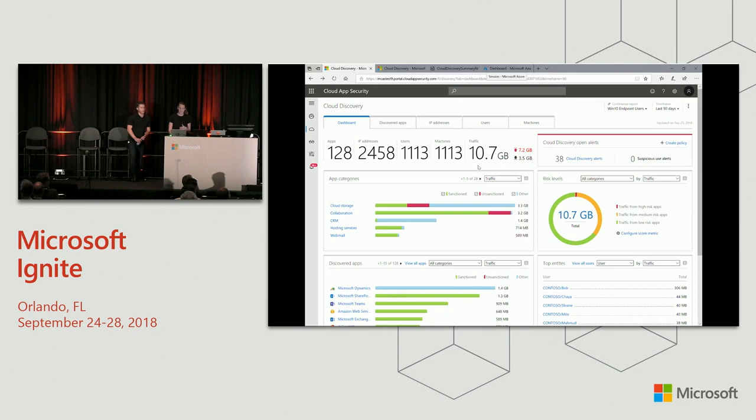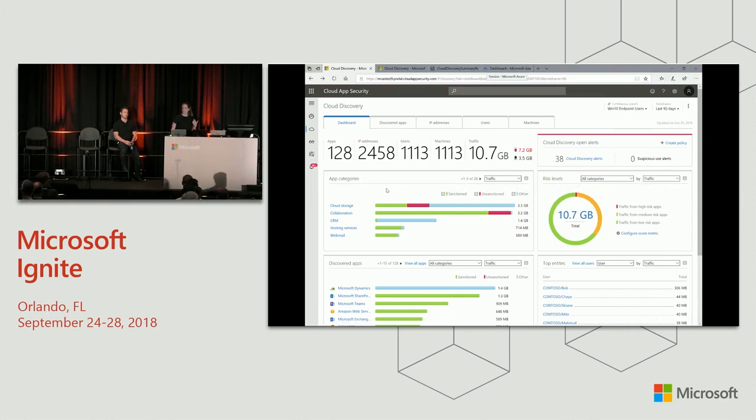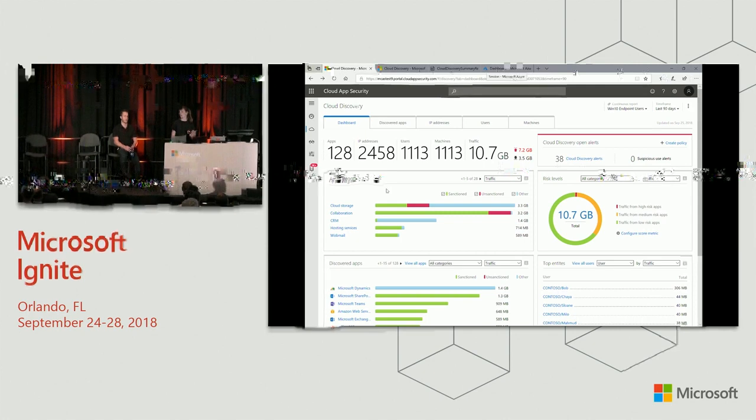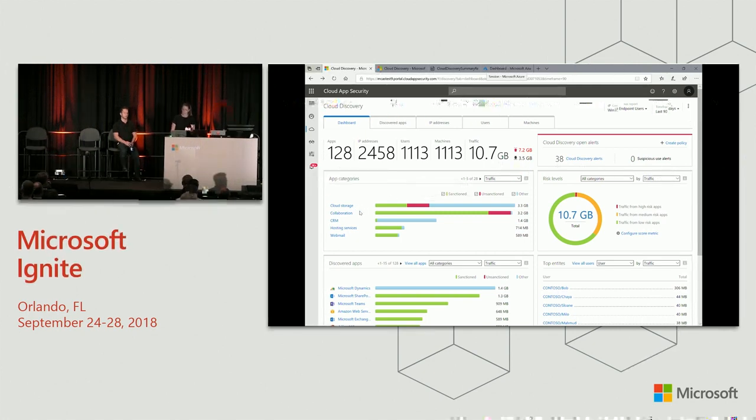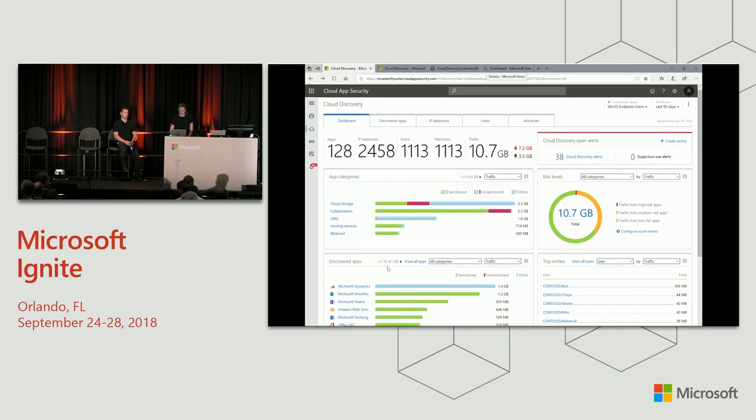Here we go. Okay, so this is our Cloud Discovery dashboard in Microsoft Cloud App Security. And here on the front page, what you basically see is an initial set of what was found with your discovery information. We can see the total apps in my environment, my total users, and the traffic over what I've currently selected the time frame of the last 90 days. Something that's super key is understanding the top app categories of what I found in my organization. For example, cloud storage, collaboration, to then basically identify, okay, why are there so many multiple applications that seemingly do the same thing, to basically be able to streamline that going forward.